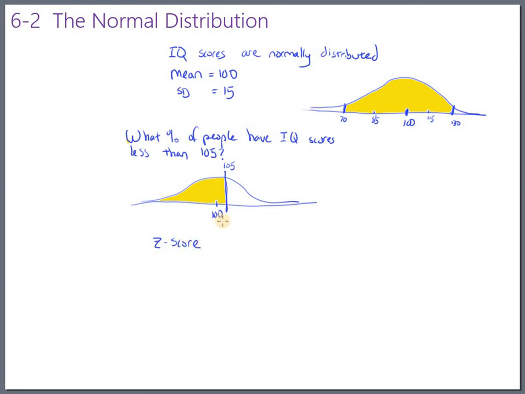So in case you don't remember a z-score, way back from chapter 3, the z-score is your data point minus the mean divided by the standard deviation. So the z-score of 105,